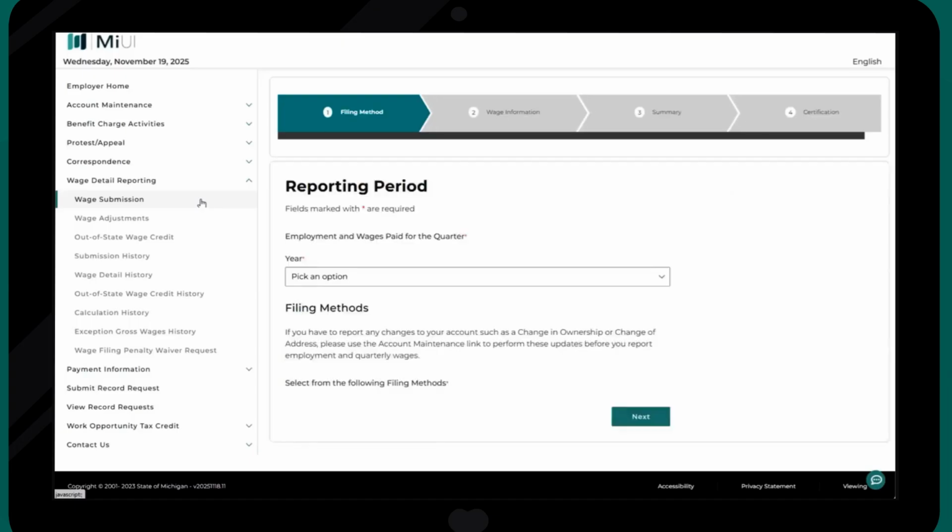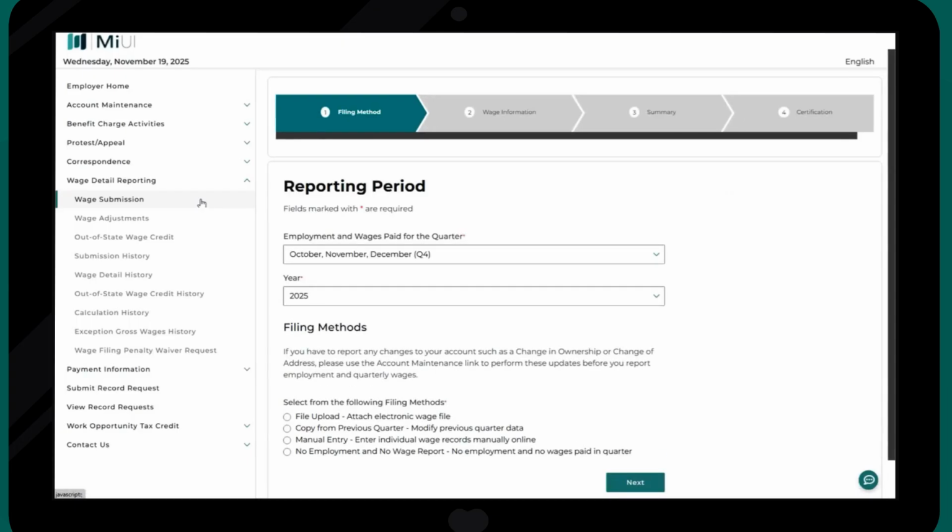Now you're on the Reporting Period screen in the Filing Methods section. At the top of the screen, you'll notice 4 chevrons representing each step in the submission process. The first step, Filing Method, is where you will choose how to submit the wage report. The next steps include uploading or entering wage information, reviewing the employee wages summary, and finally, certifying the accuracy of